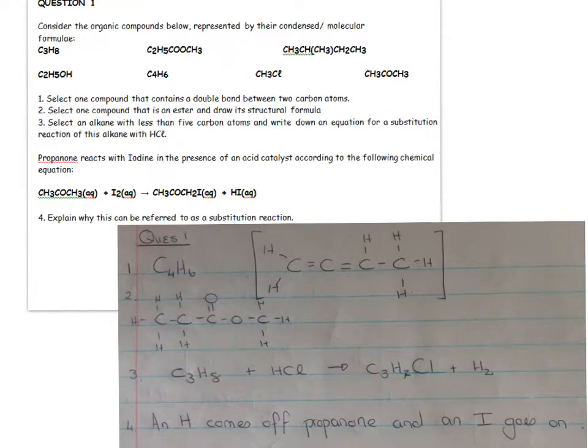Consider the organic compounds below, which have all been represented by condensed formulae. Actually, those are a bit horrible because you kind of have to puzzle it out, so I would have drawn all of those out. Most of you managed that quite well. Carrying on from there, select one of the compounds that contains a double bond, and in drawing them out,